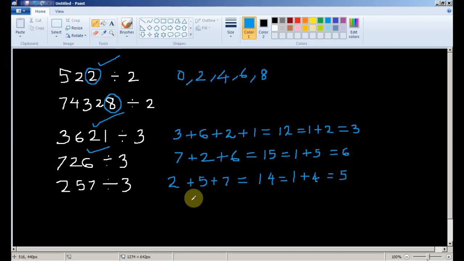So this number is not divisible by 3, because 5 is not divisible by 3. So how do we verify this?